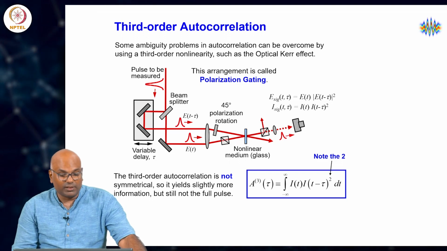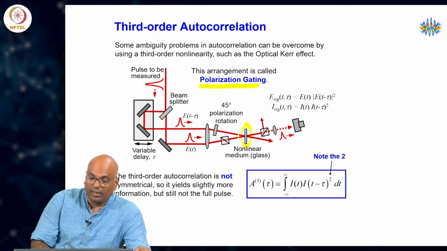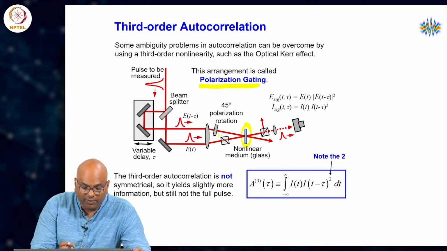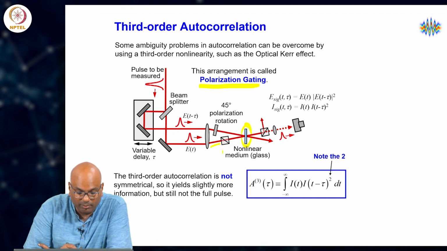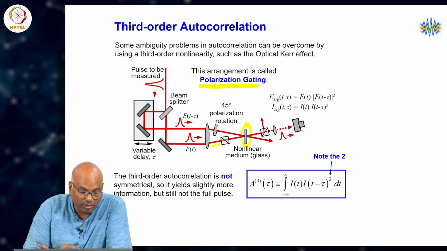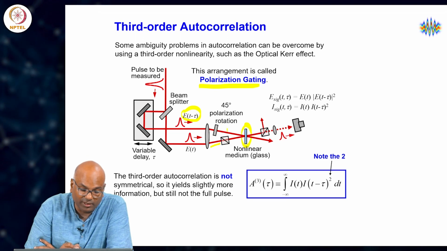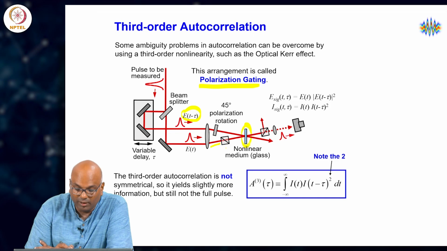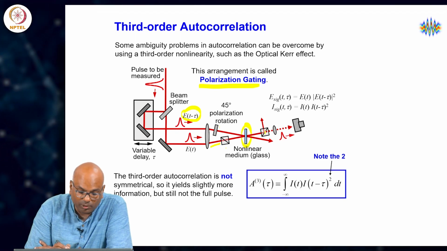We also looked briefly in the previous lecture at implementing a third order autocorrelation using a polarization gating, where we use a nonlinear medium with an appreciable chi3 value, that is the nonlinear susceptibility of the third order, and implemented this polarization gate where we essentially bring in a waveform E of t, put it through a polarizing element over here, polarize it in a particular direction, say vertical, and hold that polarization. On the path of the delayed beam, the equivalent of the gate beam, we rotate the polarization of the gate beam to 45 degrees with respect to the linear polarization axis of the other beam, which is essentially the waveform of interest, cross them in the nonlinear medium, and here have something like an analyzer, which in the absence of this beam with the 45 degree polarization would essentially have